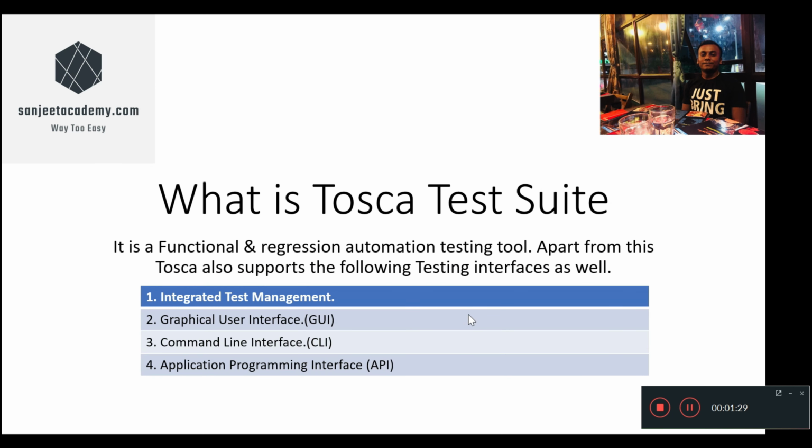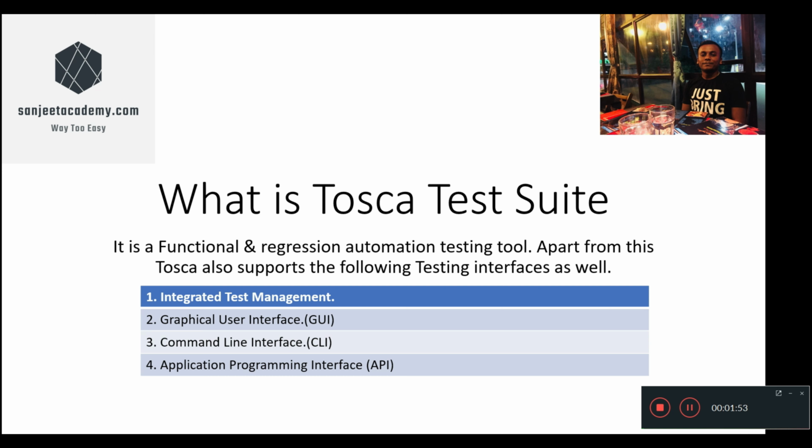So let's get started. What is Tosca Test Suite? It is a functional regression automation testing tool like other automation tools. There's nothing much about this. Apart from that, Tosca supports the following testing interfaces, such as integrated test management. Integrated test management means support for integration of Jira and HP ALM as well. It supports GUI.